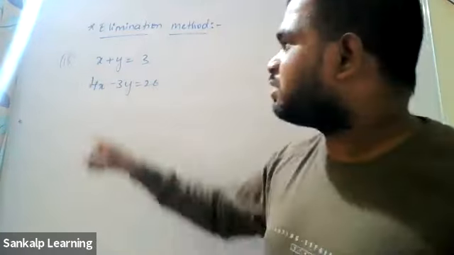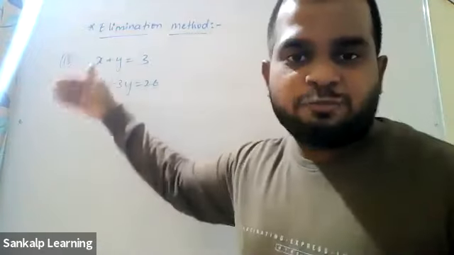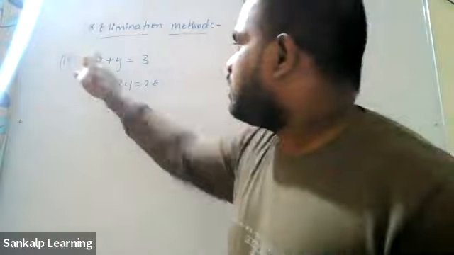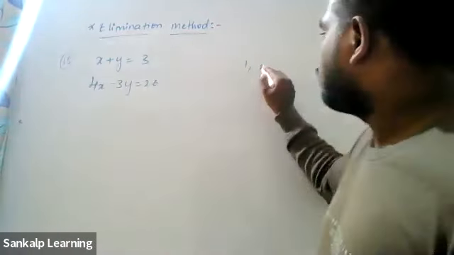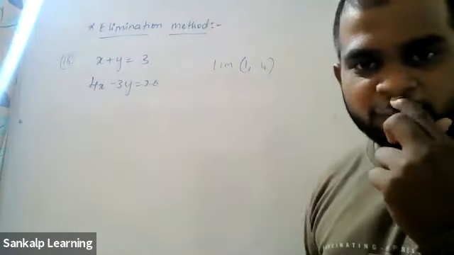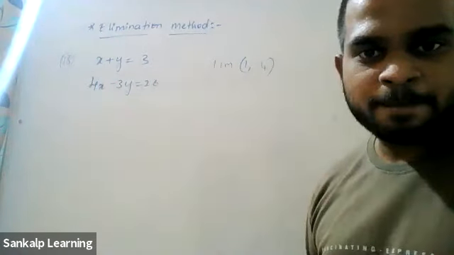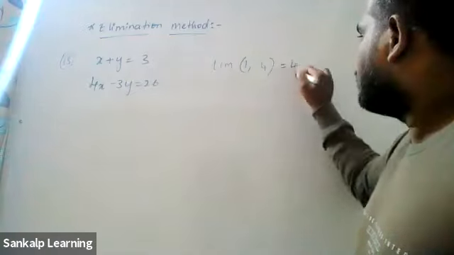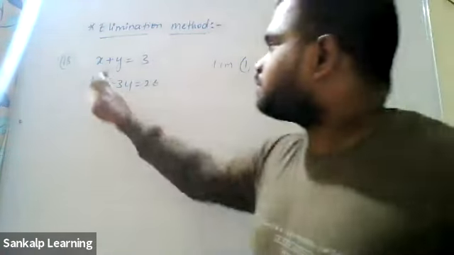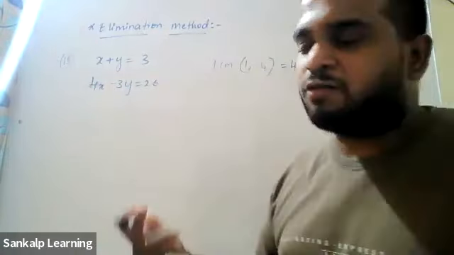How can we eliminate? Here there is 1x, here there is 4x. If both are the same, I can easily eliminate, right? So how am I going to do it? Here it is 1, here it is 4, so you're going to take the LCM of 1 and 4. What is the LCM of 1 and 4? 4. Very good. The LCM with 1 is always that number itself. Now you have to make this 1 into 4.